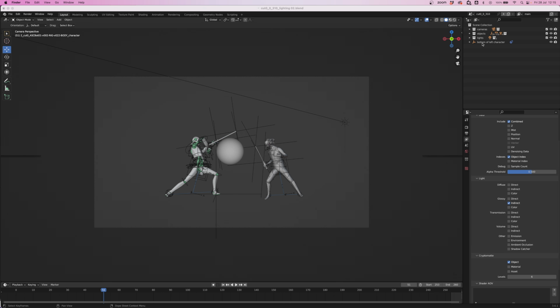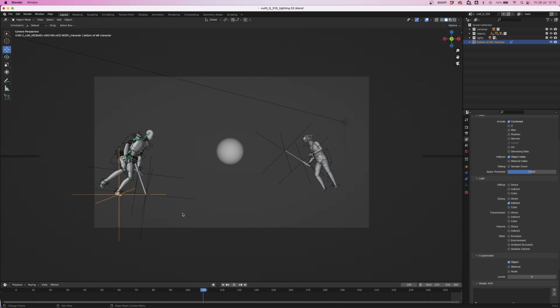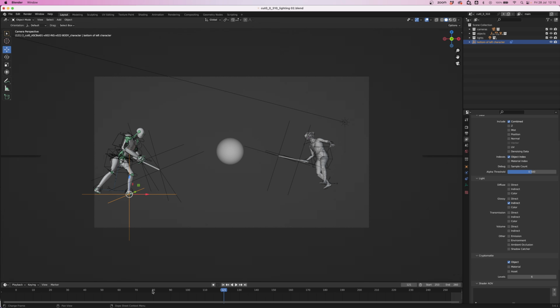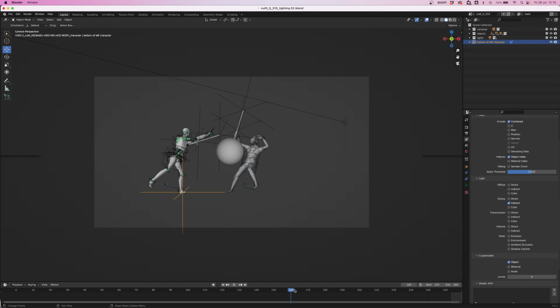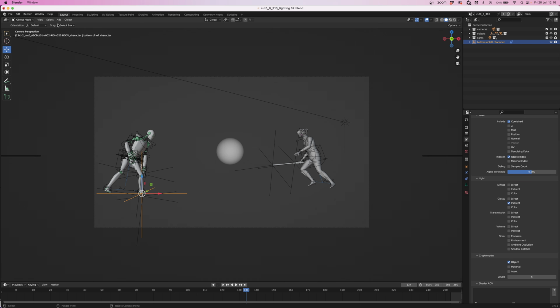So I've already added one point here, so we have the bottom of the left character, and as we move through the scene, it just keeps track of where the lowest point is for our character. And you see it jumps between the feet, depending which one is the lowest, and it just gives us a useful tracking point. So to do this, we're going to go up to Add, Empty, Plane Axis,